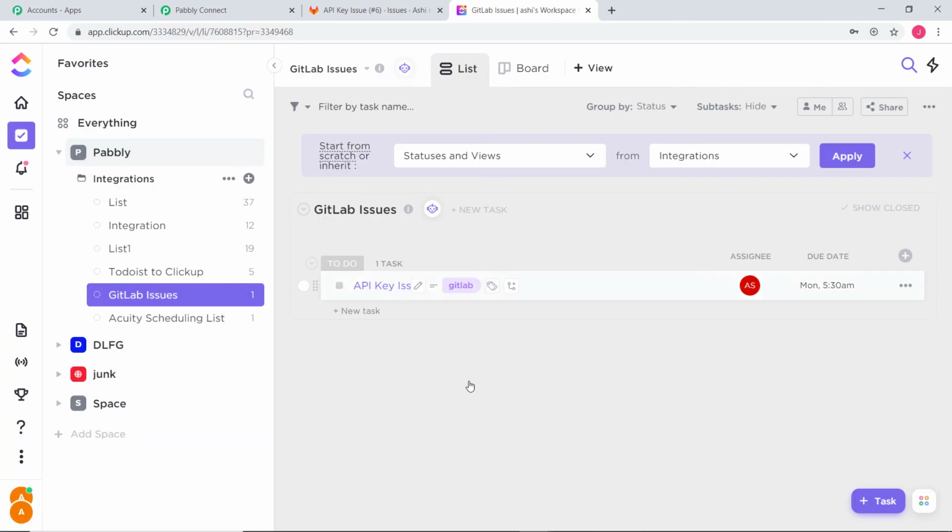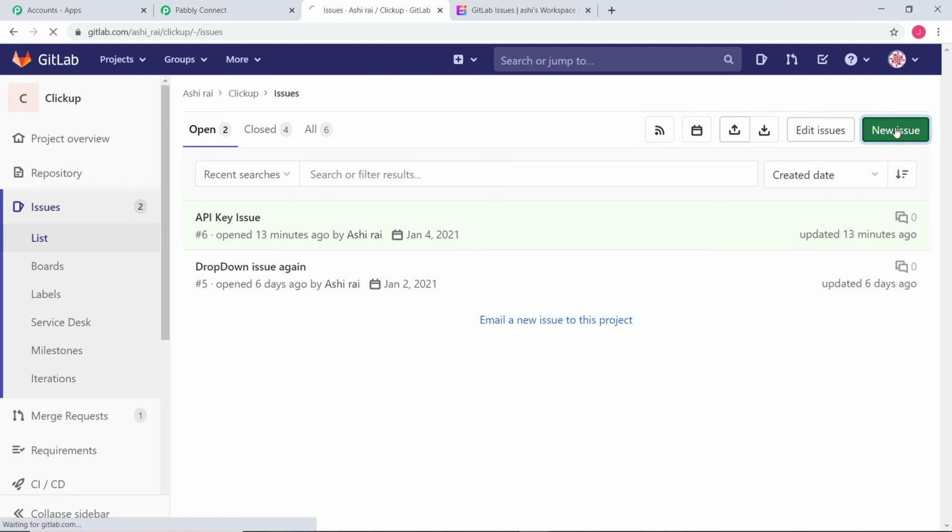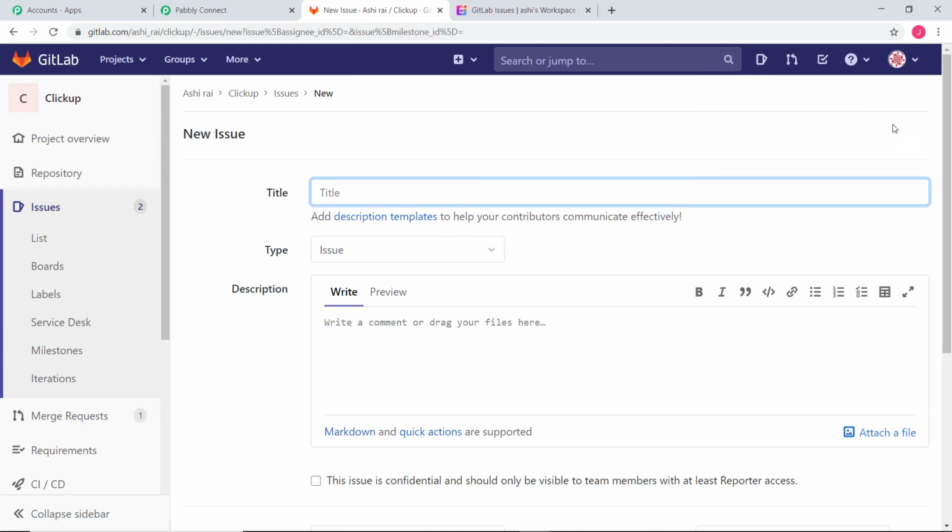Now I'm going to show you this process again with one more example so that you can understand how this integration takes place in real time. So now I'll go back to my GitLab and I'm going to create a new issue. I'll again go to Issues, New Issue. Title is going to be Webhook Issue.